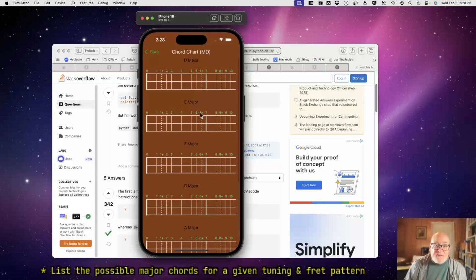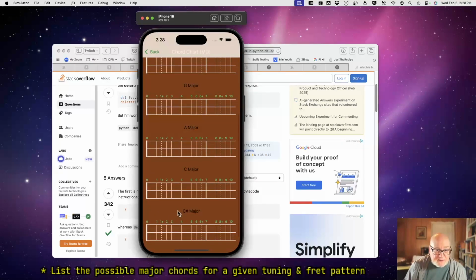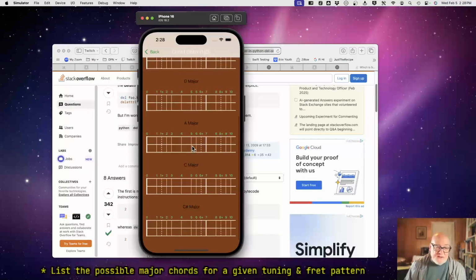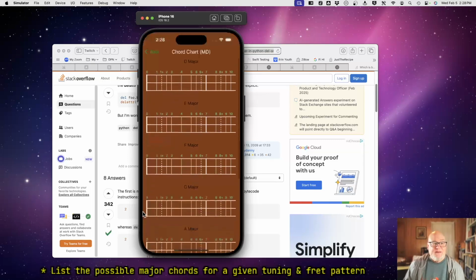Oh, D major, E major, yes. Okay. F major, oh, with the diatonic, yeah, that's true. E major is because there's a G sharp up here. It can use that and make one. G major, A major, C sharp major. Oh, C sharp, E, G sharp, right? No, C sharp, F. Well, C sharp, E sharp, which is F, and G sharp. Wow, I don't think I've ever thought about playing a C sharp major chord on my dulcimer. All right,